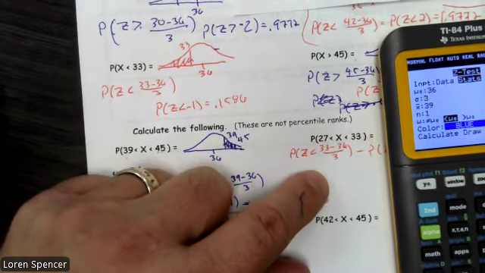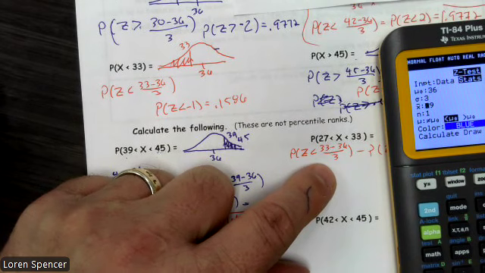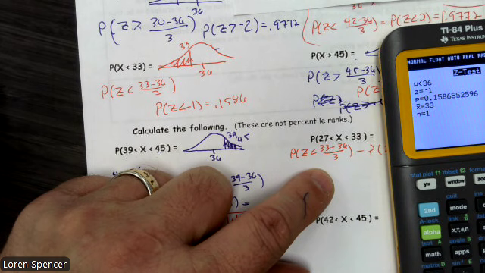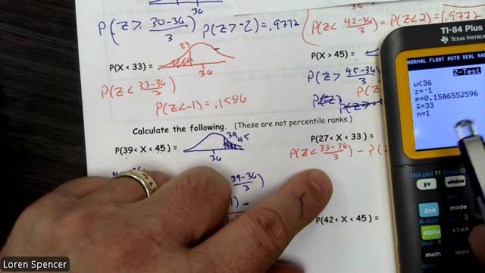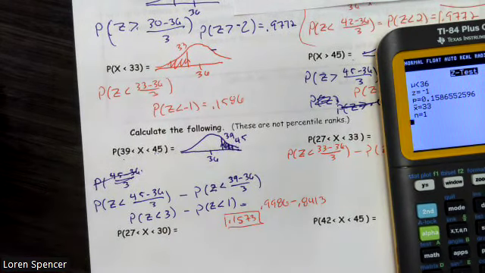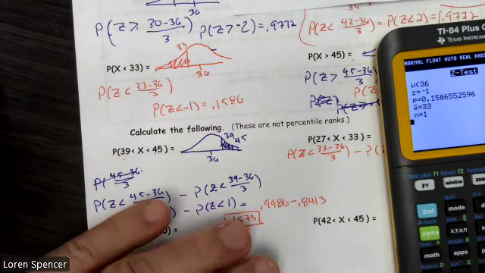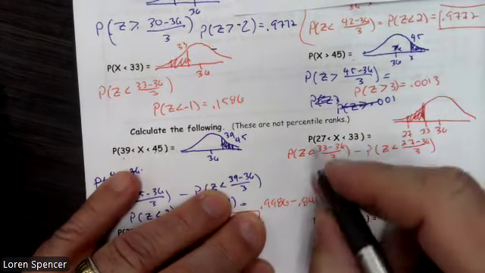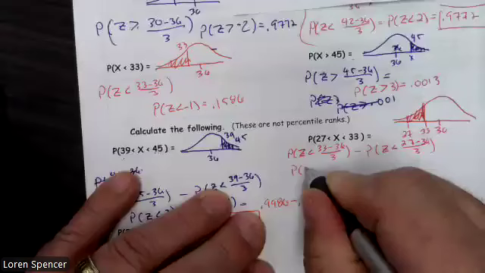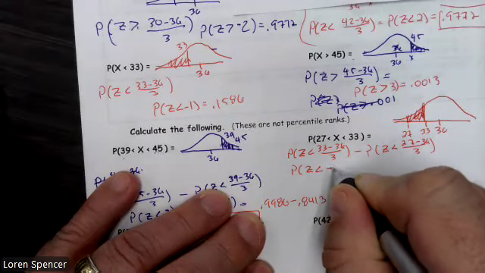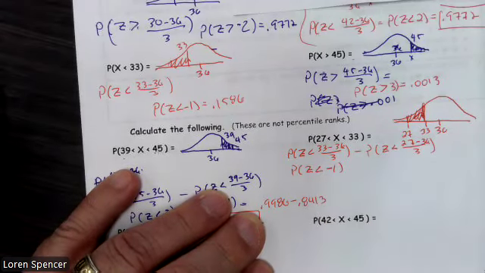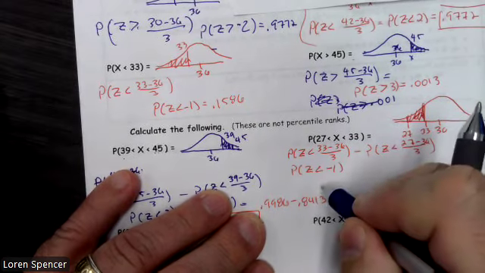Starting off with the 33 because that was the higher number. And we end up getting probability z is less than negative 1. We say that probability is 0.1586